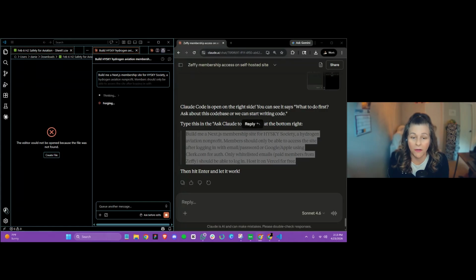So there would be no way that I know of to connect the paid member database in Zephy to the Vercel site. So we would need to whitelist them. So what would probably happen? I'm rambling while this is working, but what I think would probably happen is whenever somebody pays on Zephy,